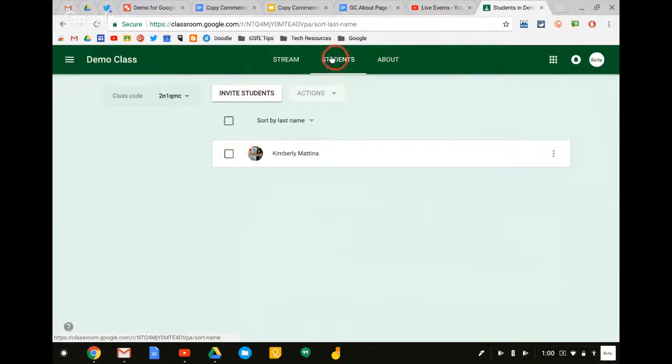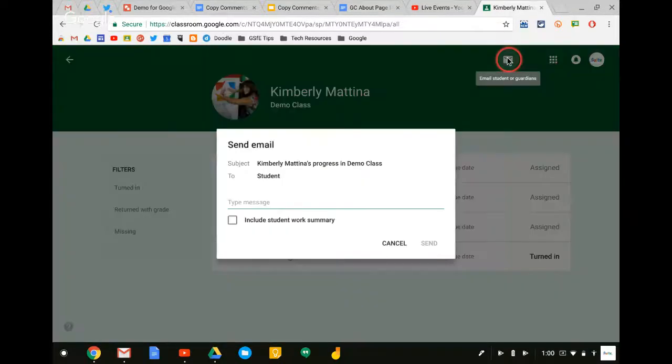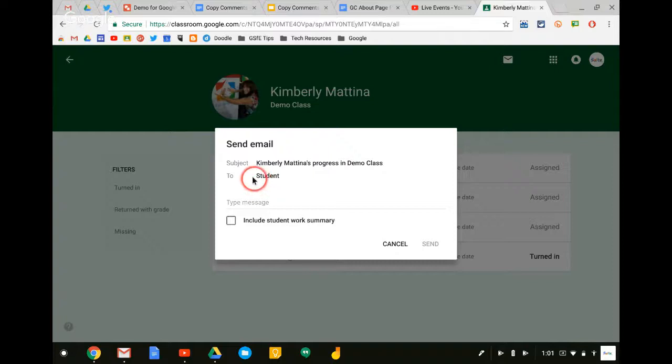So if I go to the student tab and click on their name, okay, it takes me to a summary screen of their assignments. And right up top here, this email icon, this is a new feature. If I click on this, it's going to default so that I can email the student. In this particular account, I do not have any guardians' emails set up. But if I did, there would be a drop down arrow here where I can select student or parent,